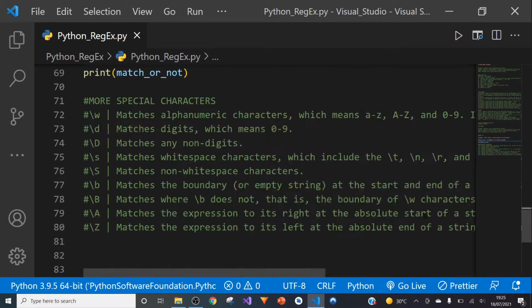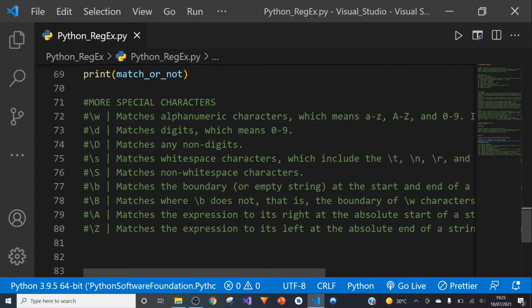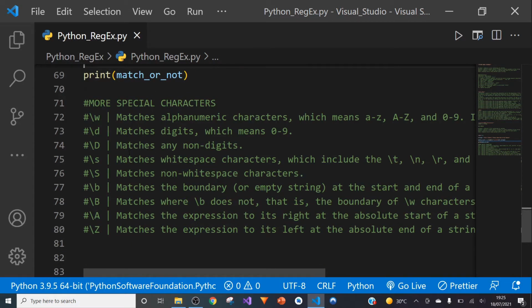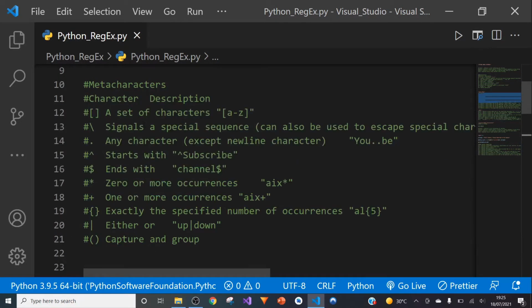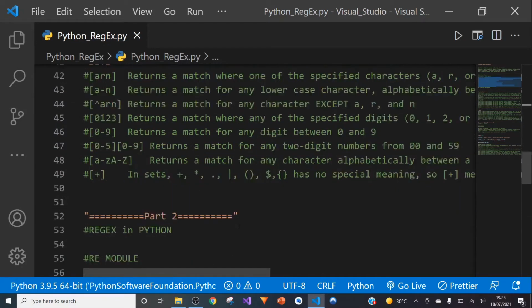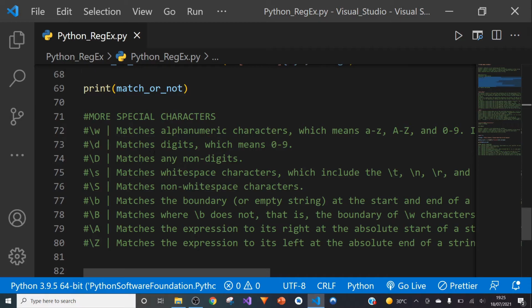Cool. So I'm just going to end this part on some more special characters. And so what we have here is some more special characters, and along with what they do, I'm just going to talk you through them very quickly. When you put these up compared to the other ones we went through in part 1, notice that we also have some more to go through as well, but we'll just do a bit at a time. After this set, you'll have a bit more understanding of the special characters